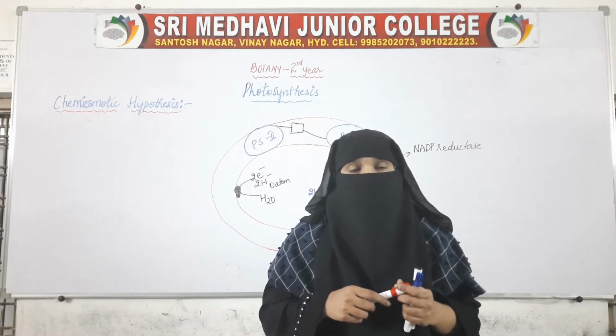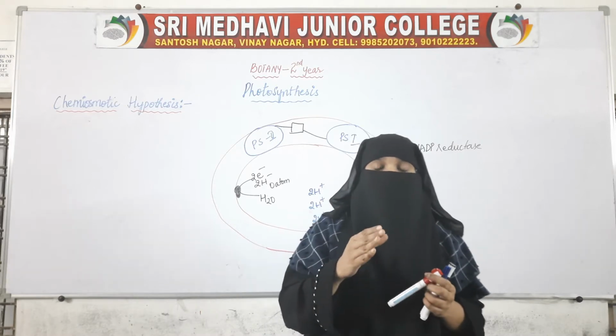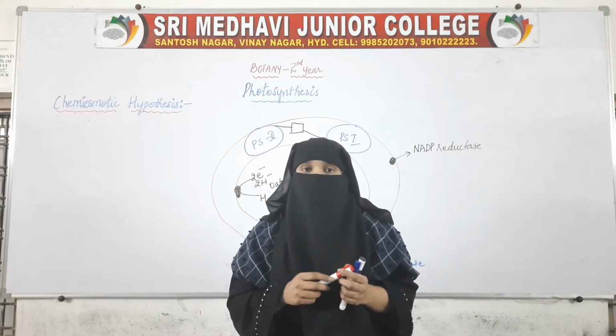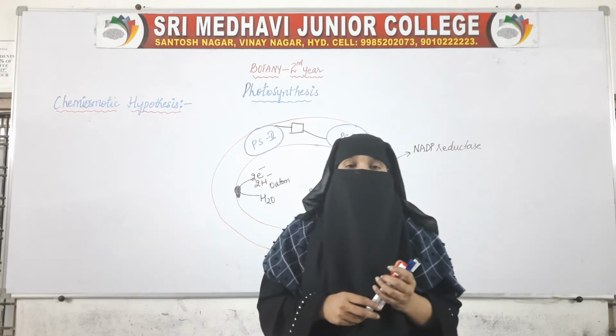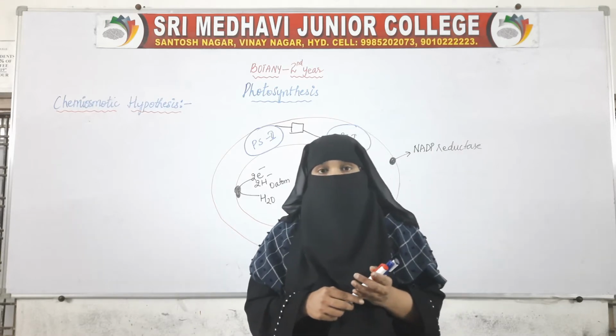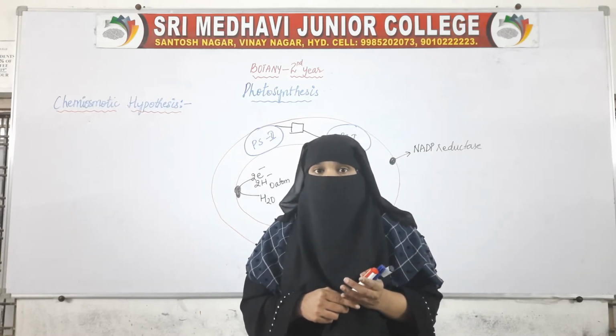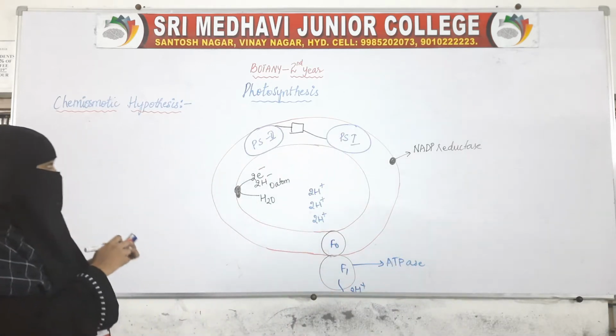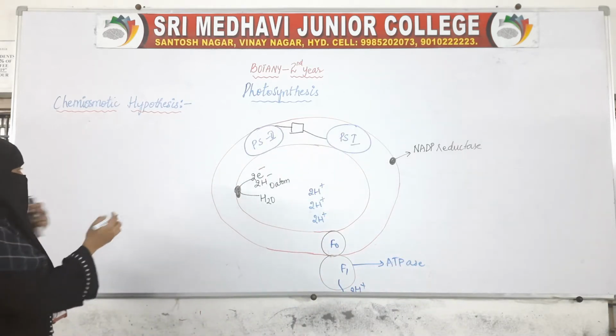Now let us move on. We have said that ATP is produced and NADPH2 has been reduced. Let us see how those ATPs have been produced. So here what happened is, now if we see this one,